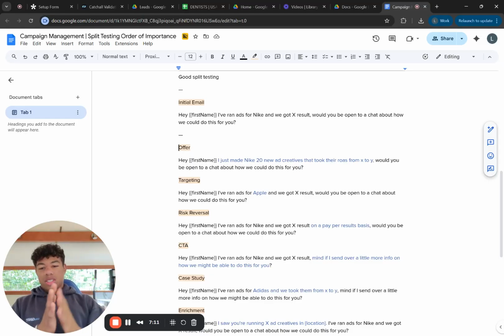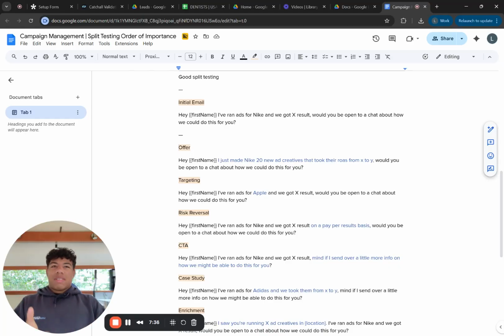You may not be testing every single variable up to that goal, but try to get at least a view of which is moving closer to that goal. And it may be that you split test and now you're hitting your KPI for booked calls. You're hitting the amount of booked calls you want per month. And now your next constraint, your next problem, is that they're not qualified enough. So you might split test to get better qualified calls.